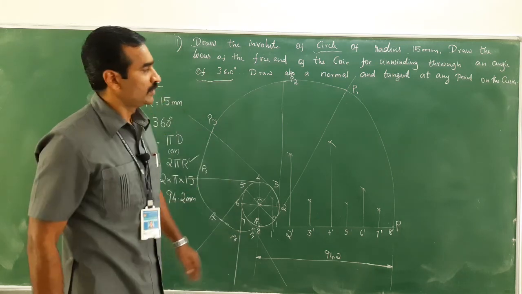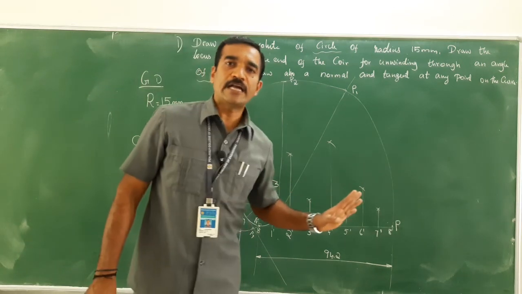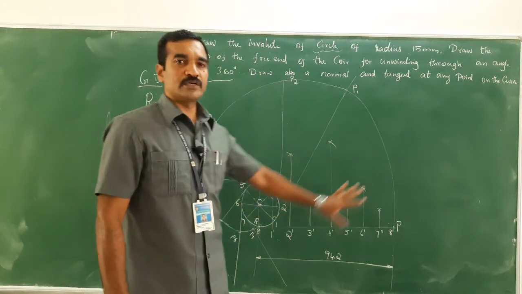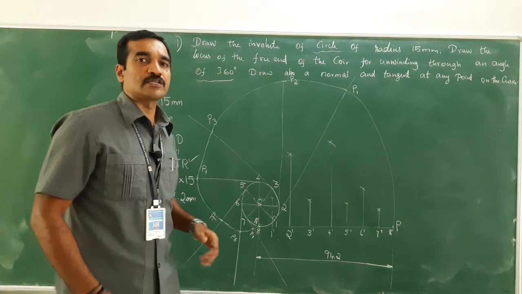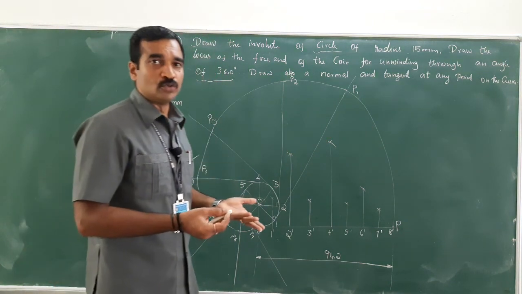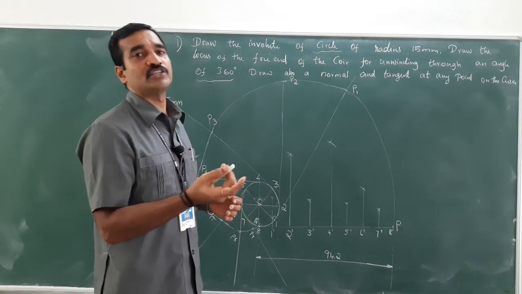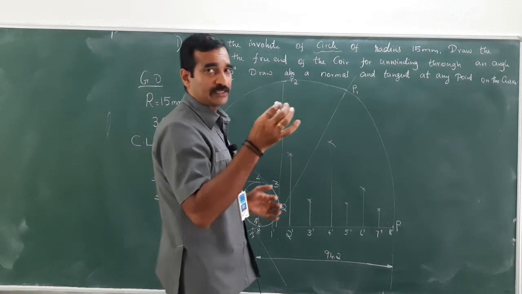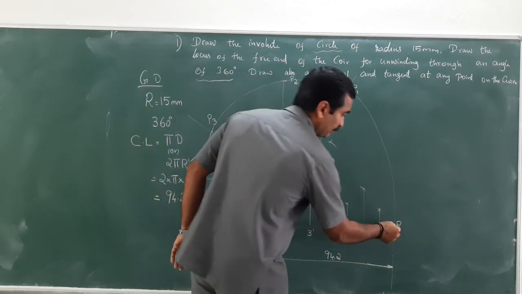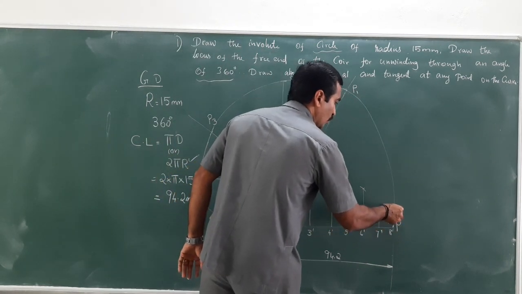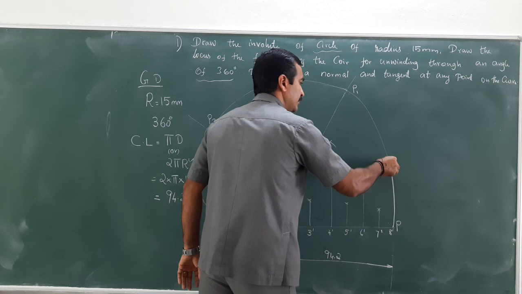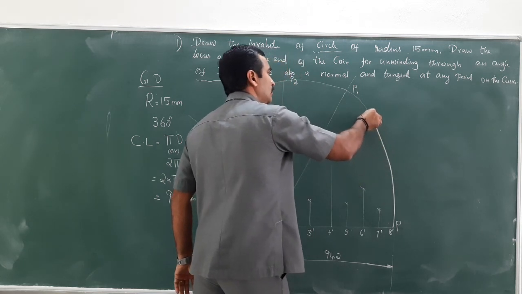Right? So once you are confident enough that the curve drawn here is a smooth curve, what you have to do? Now change your pencil from 2H to H or HB. Now with the H or HB pencil in your hand, go over this with a smooth curve. It should be a dark curve.